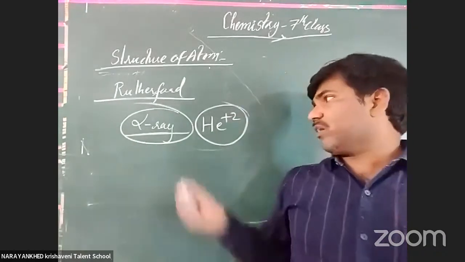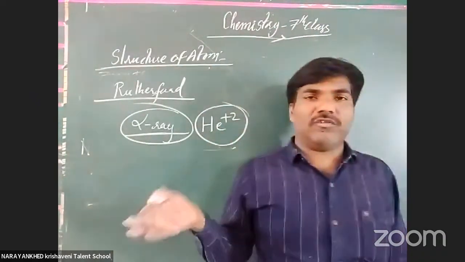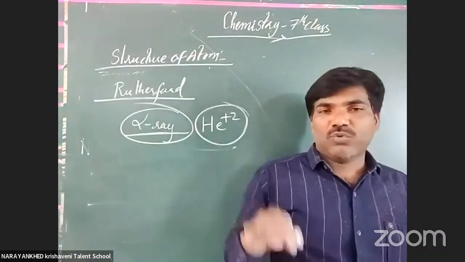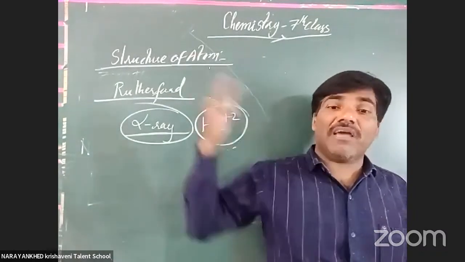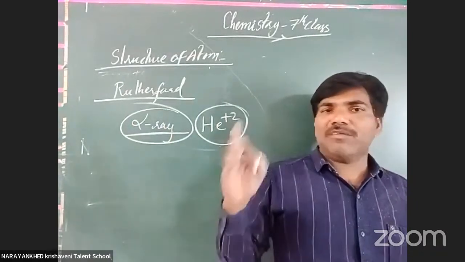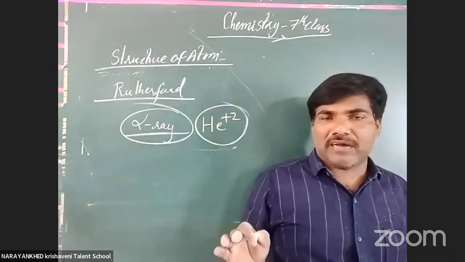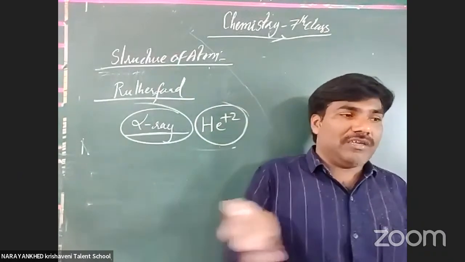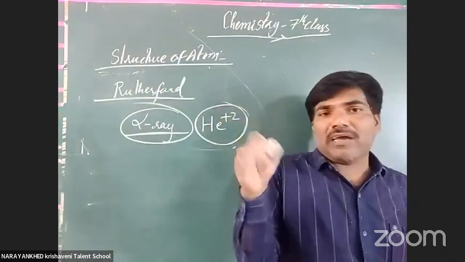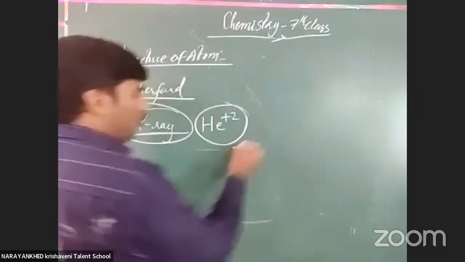There is one second. Alpha ray is nothing but helium plus 2 particle. Means what? Helium loses 2 electrons, and at that time one ray is emitted from it. Clear or not? Helium contains 2 electrons only. When it loses the 2 electrons, it looks like a light. That light is centered on the gold foil.